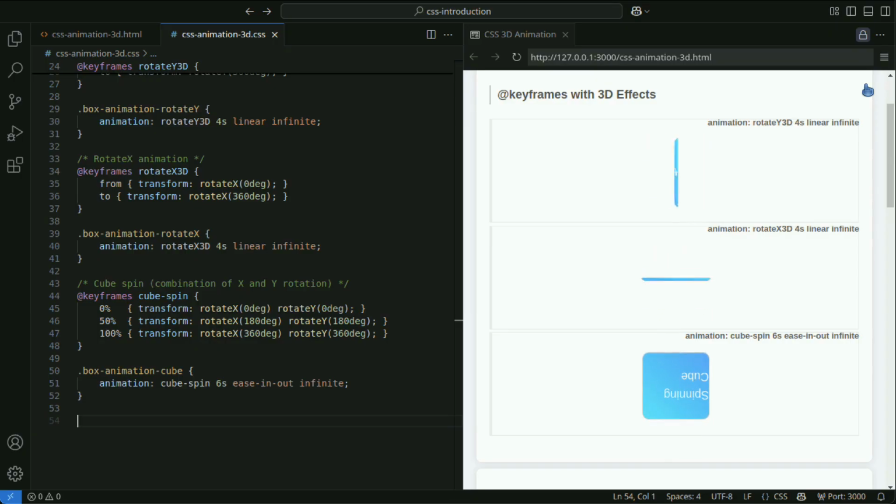Let's define a hover animation effect that flips the front and back of a 3D card.